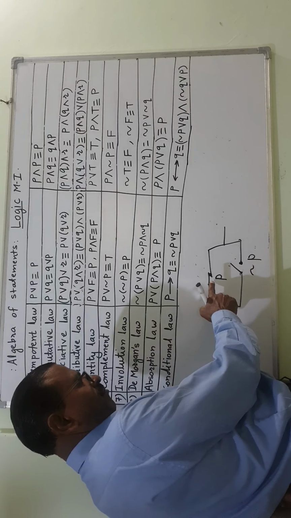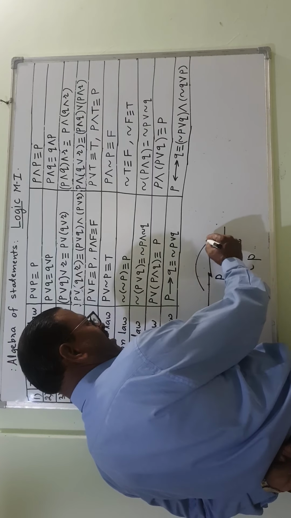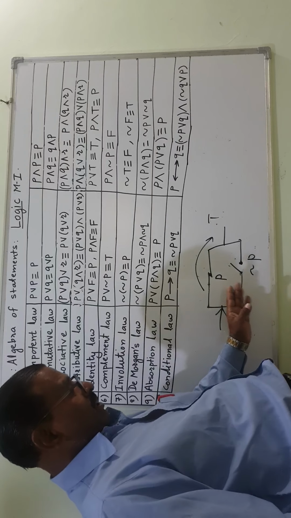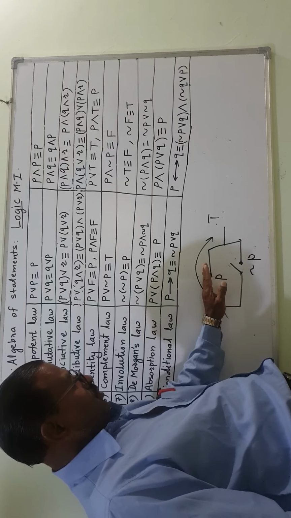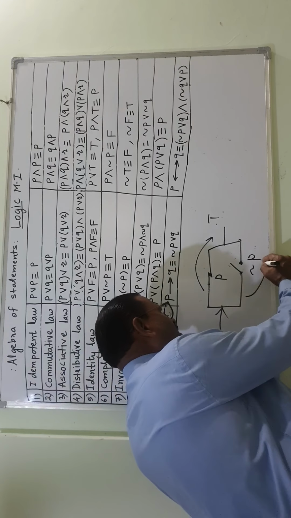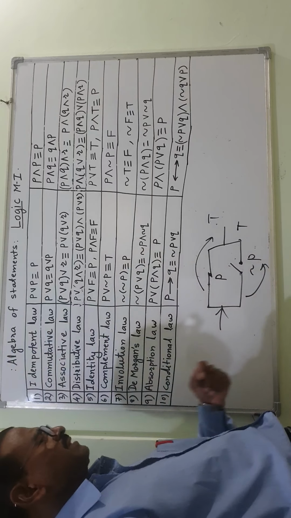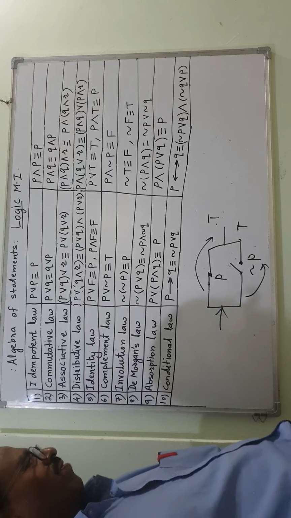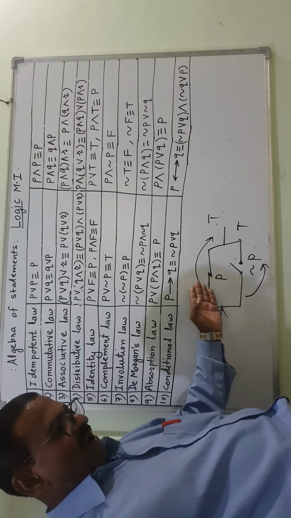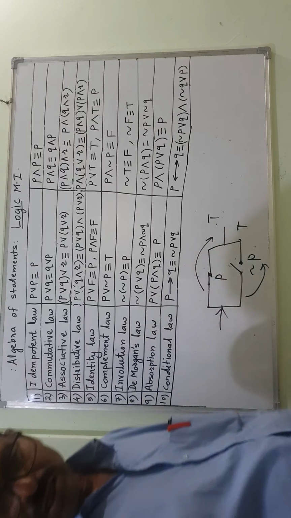We will check. If this is closed, this will be open, the current will go this way, and the answer will be true. Now, if this is opening, then this will be closing, so current will be going through this. So true. Means in any case, if I put this switch of having two polarities,